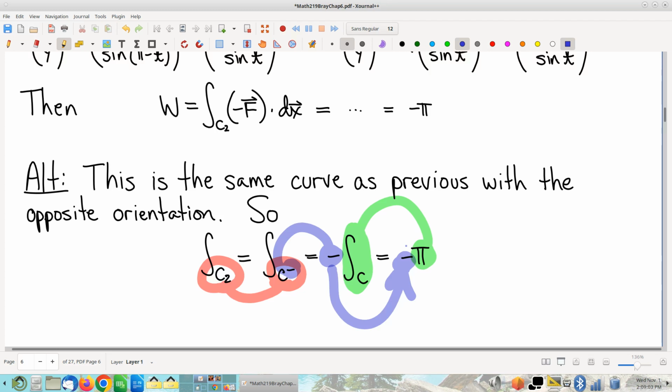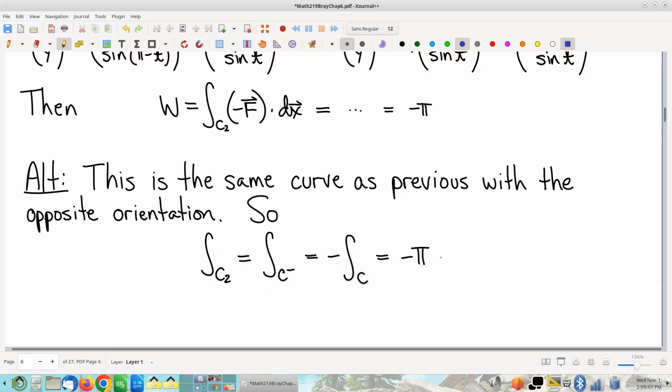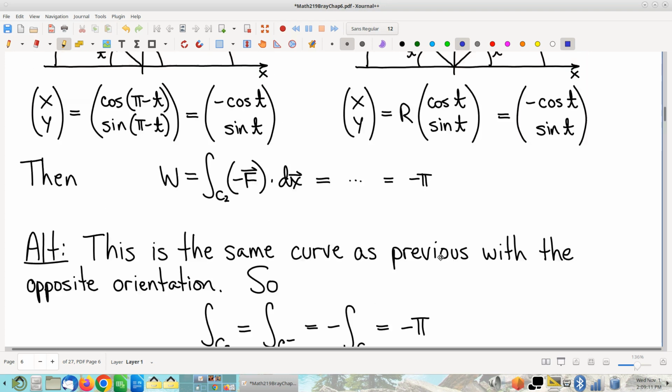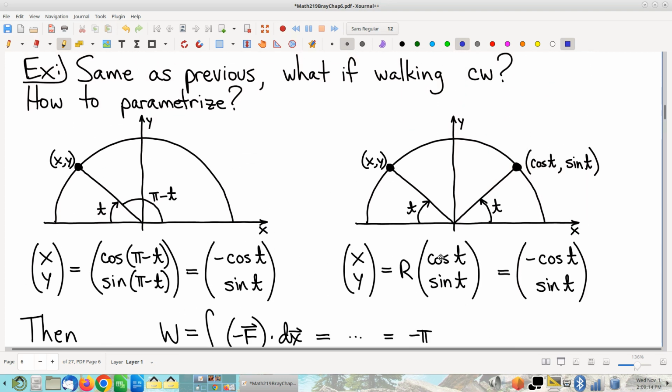All right, now let's assume you had not already previously computed the amount of work it takes to go the other direction. If you couldn't lean on previous work like we just did, how would you come at this directly, parameterizing in the correct direction? So here's the idea. If I have a point there that I want to visualize as moving clockwise around